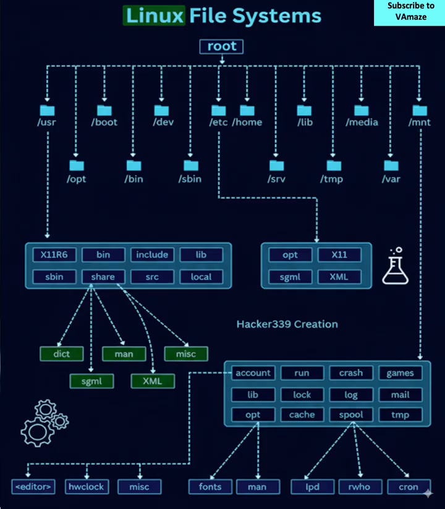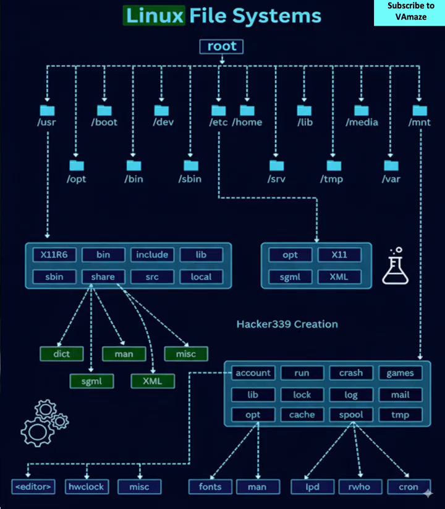The media directory is where removable media gets automatically mounted. When you plug in a USB drive, insert a CD, or connect an external hard drive, Linux automatically makes it accessible through media. The mnt directory is the manual mount point. This is where system administrators manually mount file systems, network drives, or other storage devices that need to be attached to the directory tree. For the more technical directories,